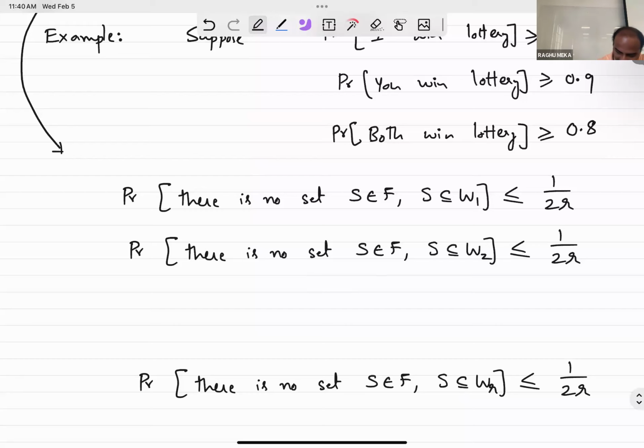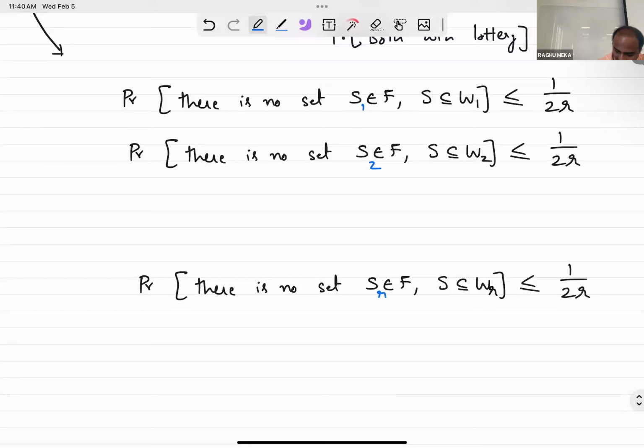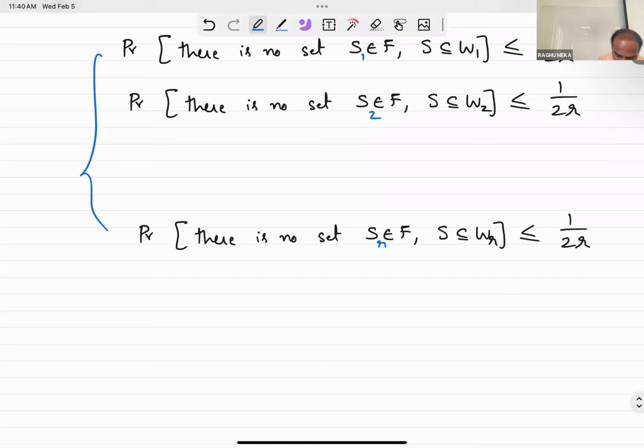Okay. And just for clarity, let me put this numbering here. Those are just variables, it doesn't matter, but let me just add a number to make the notation clearer. So some bad events: if there is no set for the first witness, that's one bad event. I have another bad event, and so on. But each bad event is extremely unlikely, and the number of bad events is only R, right? So altogether this implies the probability for some